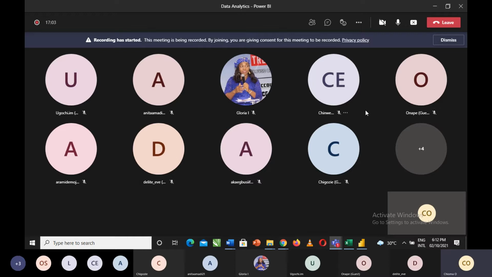So that's what we did last week. Today we're going to be taking it a step further, and we're going to be looking at modeling. So when you have brought in your data set from wherever it's located, and then you have done your cleaning, the next thing you want to do is to model the data. Modeling simply means